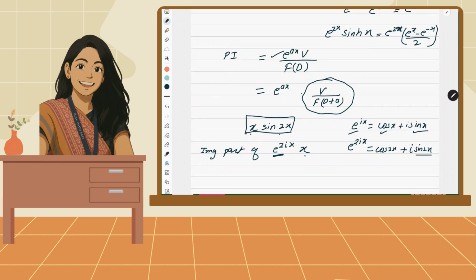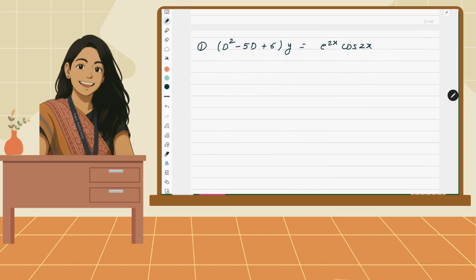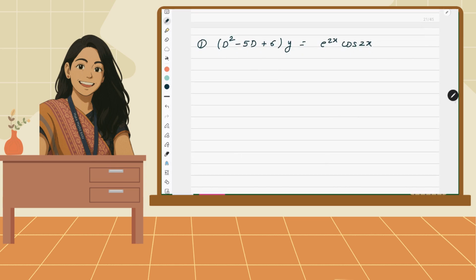So let us start with the questions to understand. Since you have the basic concept, all of you know how to find the complementary factor. So in every question I will not solve the complementary factor; I will just teach you how to do the PI. This type of function like d square minus 5d plus 6 we have done in almost 10 questions, so we'll skip the CF, but in the exam you have to write it. First step, write the auxiliary equation. Second step, write the complementary factor, and then go to PI. Okay, so let us start with PI.